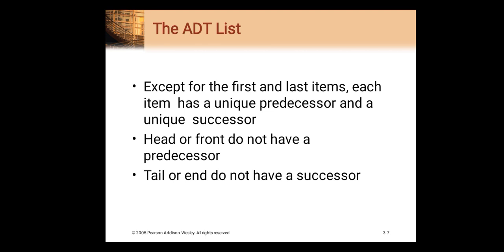Now what is this predecessor node and what is this successor node? Predecessor means the previous value and successor means the next value. Obviously the first atom does not have any previous value, that means the first node, or we can say the first value, does not have any predecessor. Similarly in the list, after the last atom we don't have any other value, so we can say that the last atom does not have any successor node.